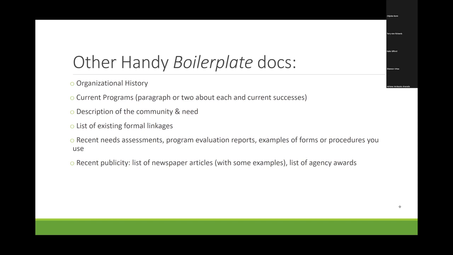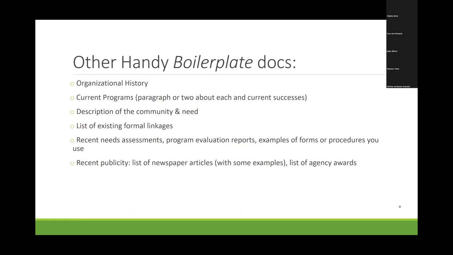We used to always lead off with the fact that we were named one of Harvard's, I don't remember exactly, top 10 innovations in health or something. And we would always lead with it. It was a big newspaper article that came out, and it was catchy for the reader. It gave you some credibility, but it was really based in this award that we had applied for and so forth. But keeping this sort of current events, award sort of things too, even if they seem small at the time, I think it's really useful to be able to think about them in a grant context.